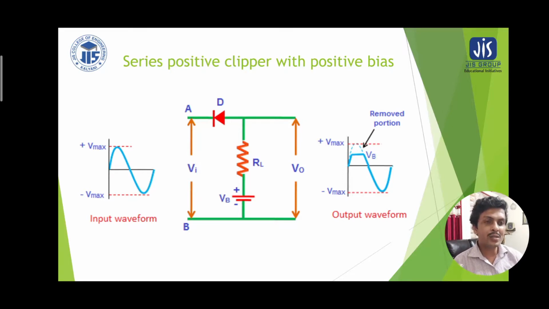Now let us consider, before the input signal has been applied, what is the situation of the output? The output is completely the battery voltage because the diode is open. The diode is not forward biased if the input is not applied. So suppose at the input side we are applying 0 voltage, because when the sinusoidal voltage starts from 0, at that time the input side is short circuited or grounded.